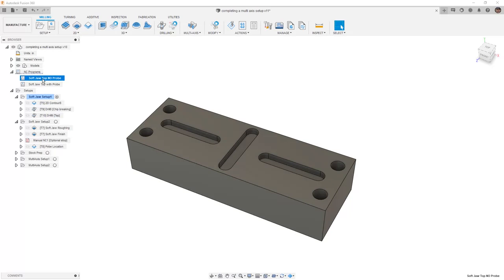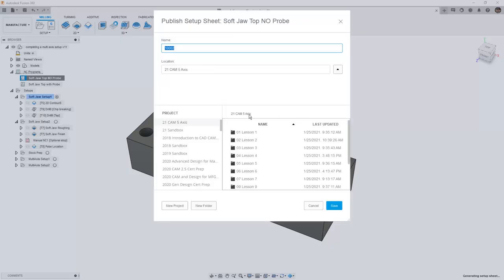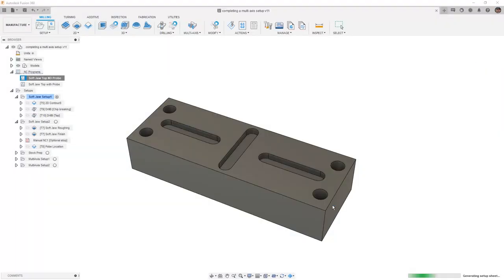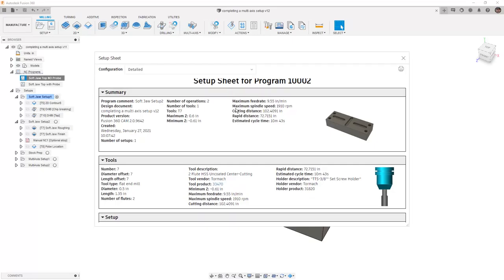If we take a look at the NC program, SoftDraw with no probe, and we create a setup sheet for this, we'll have to, again, determine where we want to publish it. And you'll note that there's a difference here. Right now, what we're doing is we're selecting a folder that's inside of our data panel on the cloud. So in this case, I'm going to be taking a look at lesson 11 or 12. I'm going to save that, and then it's going to save that setup sheet, and now it's displayed in a